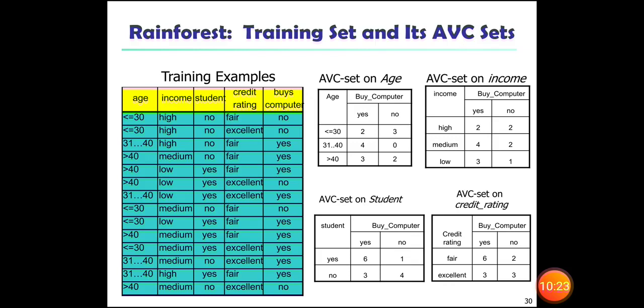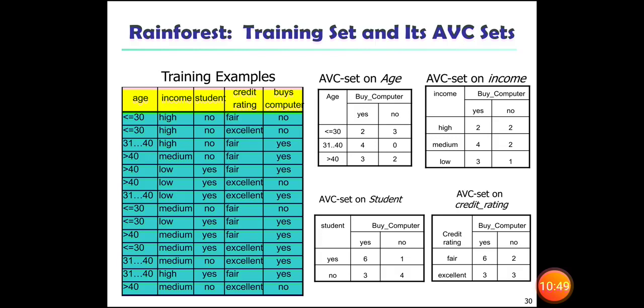Now with respect to income, we identify the buys computer status. Here the income is in three different divisions: high, medium, and low. Suppose the income is high, what is the status of buys computer? If it is yes, it is 2. If it is no, it is 2. It is equal.